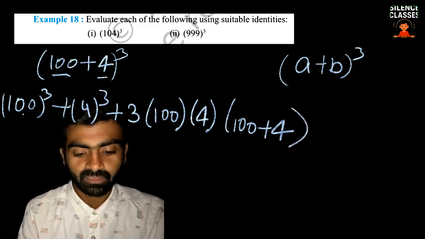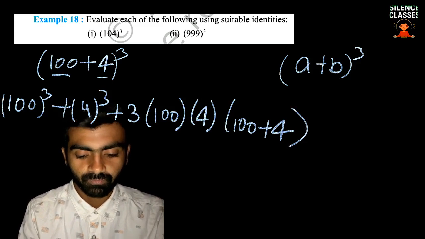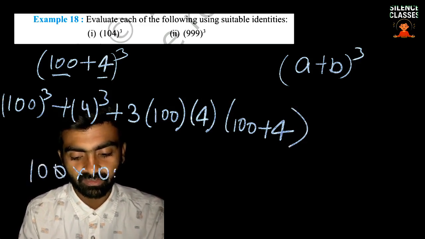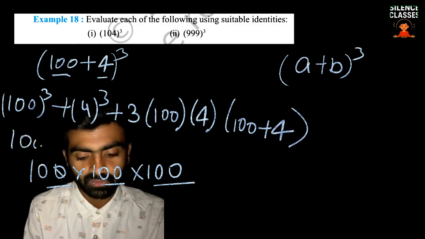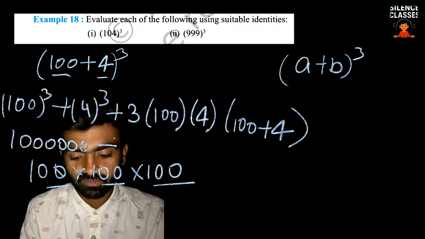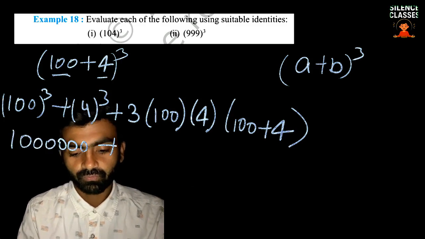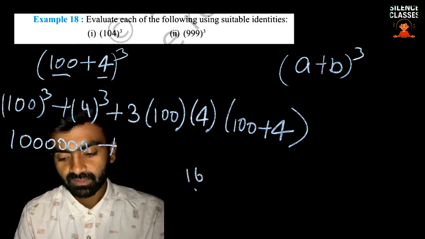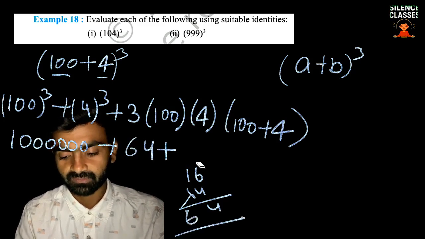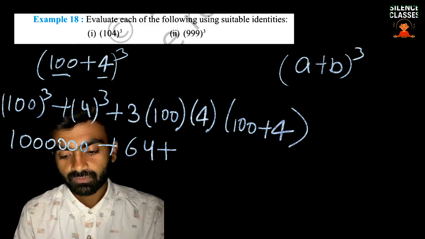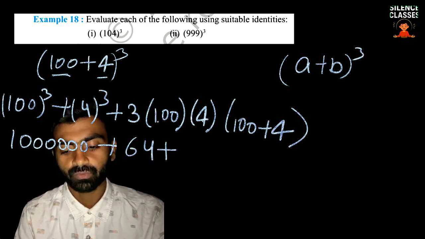So 100 multiplied by 100 multiplied by 100 will become 1 followed by 6 zeros, plus 4 cubed is 64, plus 4 multiplied by 100 will become 400, and 3 times 4 is 12,